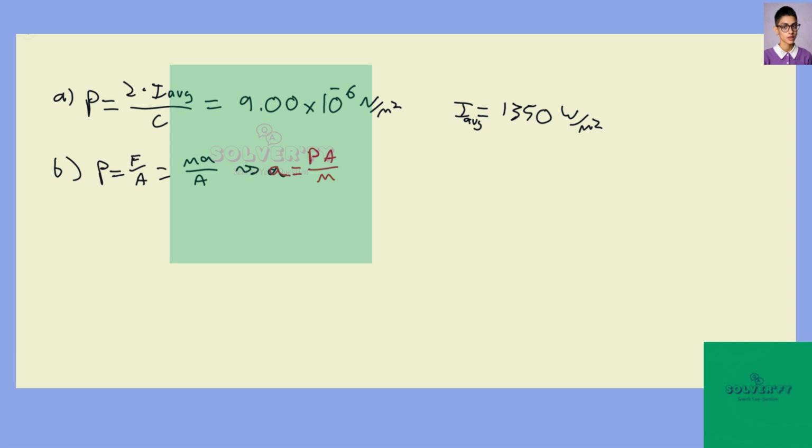So it's probably better to write this as P over mass over area, because mass over area is what's given in the problem prompt. So then we can plug in for what we have, and we get that the acceleration is roughly going to be 9 times 10 to the minus 3 meters per second squared,